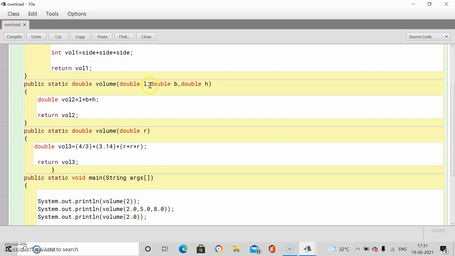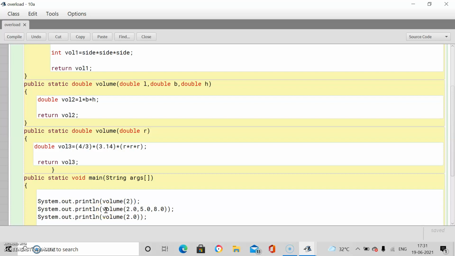So 2.0 will be the value of L, 5.0 will be received by B, and 8.0 will be in H. Then the calculation will be done and this function will return some value. That is why I have taken the return type as double, as this one is returning a double value. Whatever this function returns will be printed on the screen with the help of the SOPLN statement.